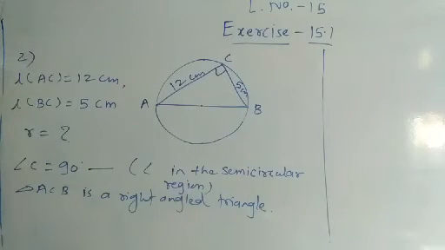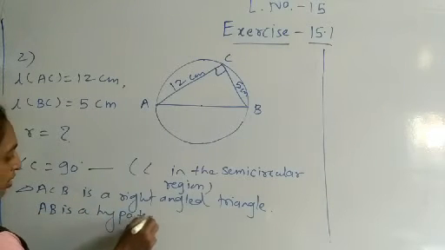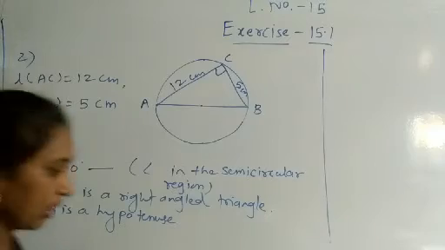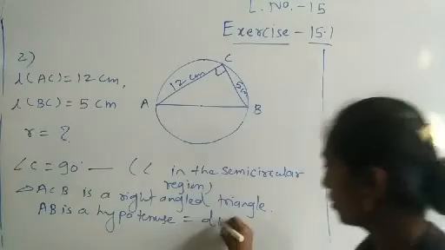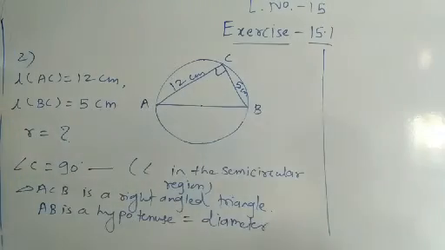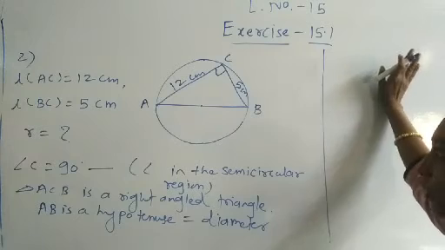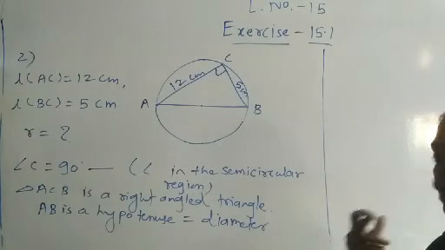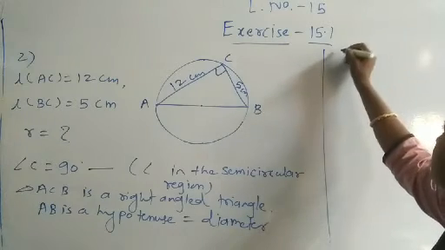Okay, and now in the right-angled triangle, AB is the hypotenuse. AB is the hypotenuse, you have to find AB, and also it is the diameter. And now first of all you have to find out the length of AB. To find the length of AB, what will we do? Using Pythagoras theorem. Also 12, 5, 13 is a Pythagoras triplet, so you can take it directly here as well. I will tell you both ways.